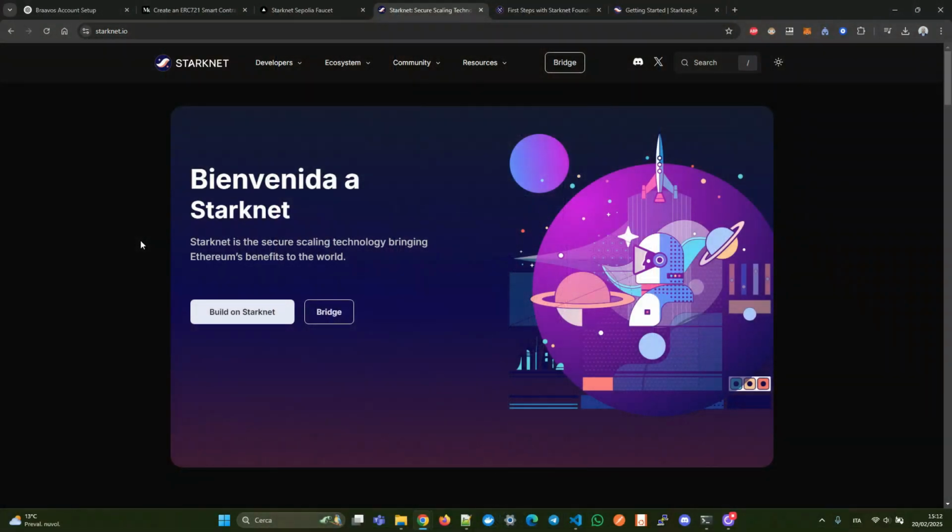Let's start by giving a brief overview on Starknet. Starknet is a layer 2 of Ethereum, which means that it is a blockchain that aims at scaling Ethereum transactions. So it aims at allowing the Ethereum blockchain to have a higher throughput and also to reduce the gas fee, so the cost of each transaction. And to do that, it